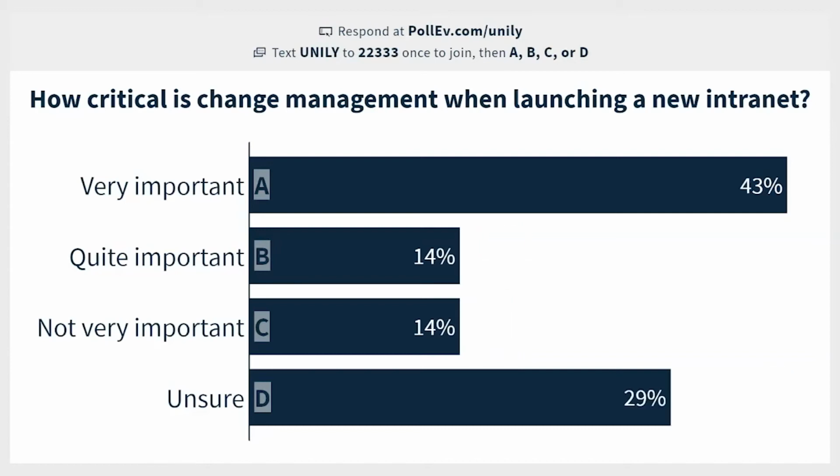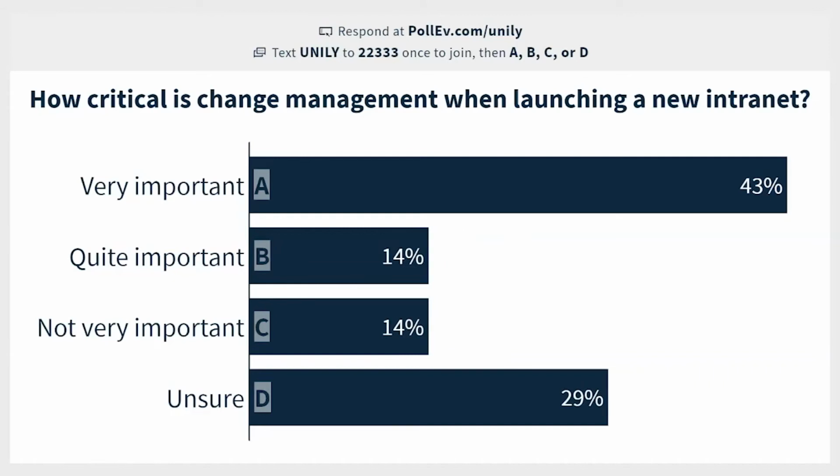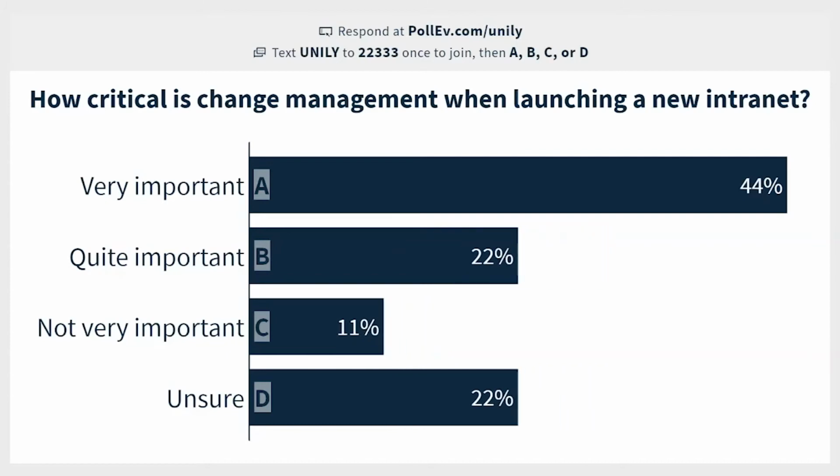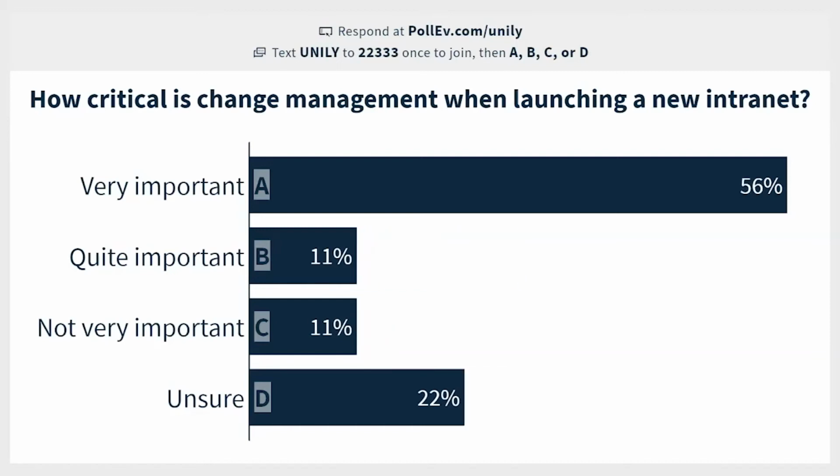I think in some cases there can be this misunderstanding that if you build great technology and it does the things you need it to, the change will just happen organically. And that would be incredible, of course, but more often than not, actually managing that change, especially when we talk about employee experience platforms,